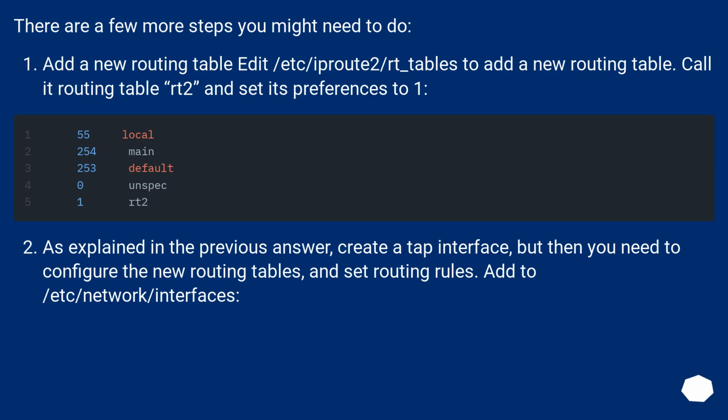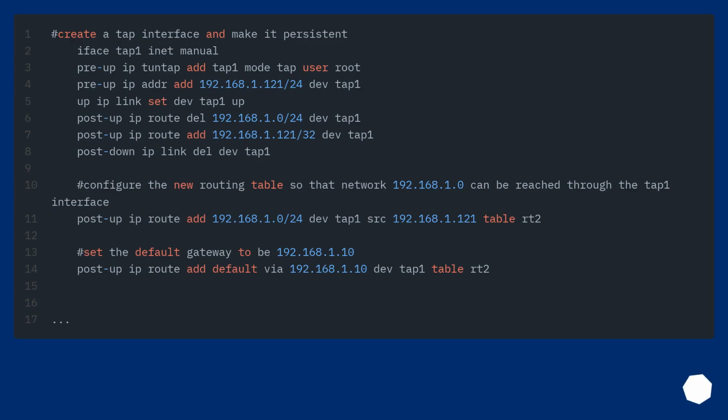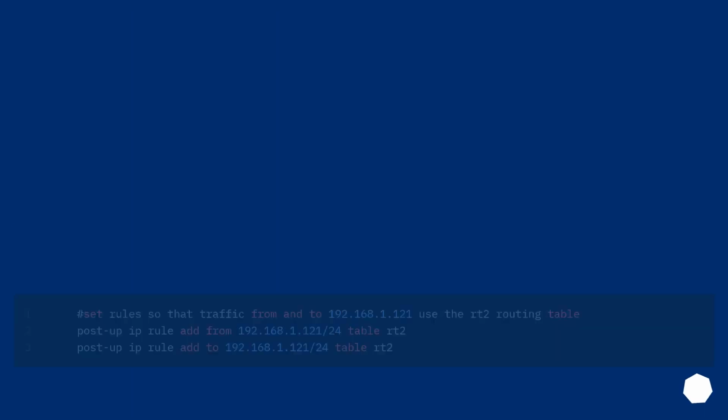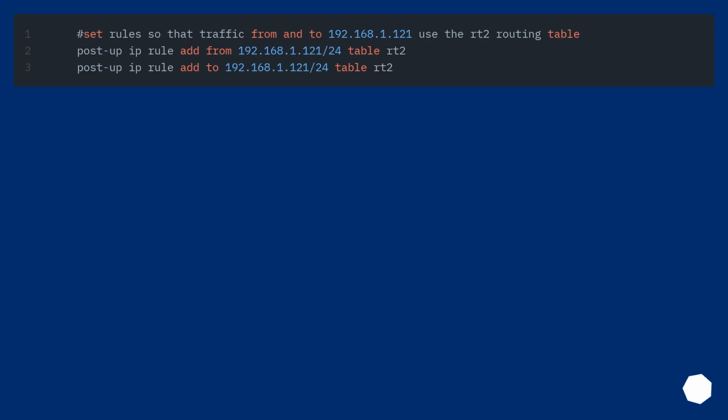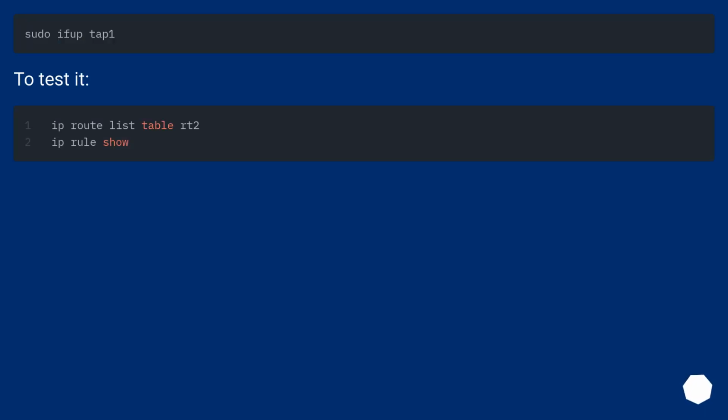As explained in the previous answer, create a tap interface, but then you need to configure the new routing tables, and set routing rules. Add to /etc/network/interfaces. To test it,